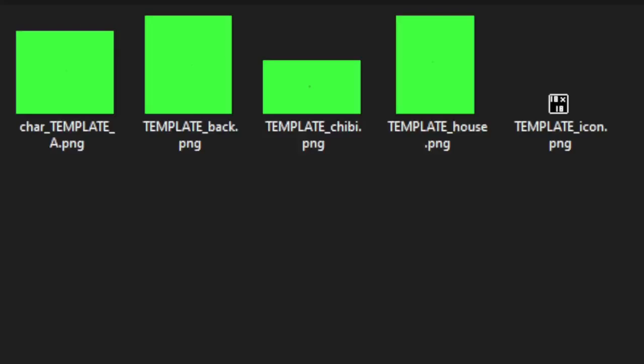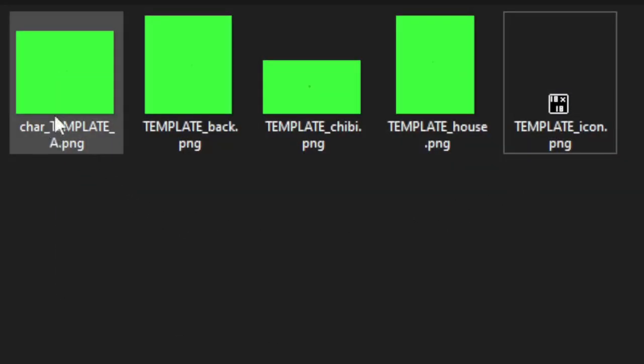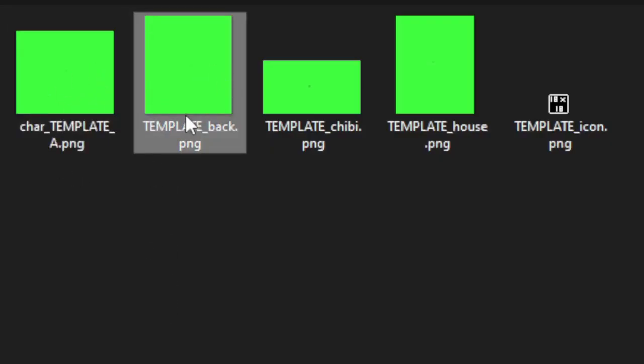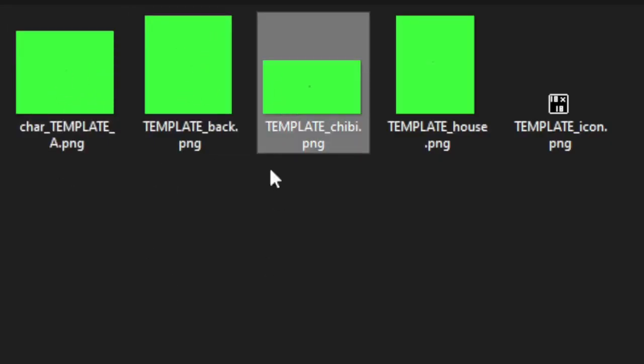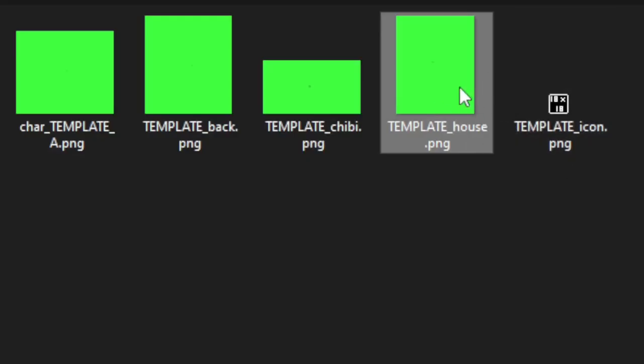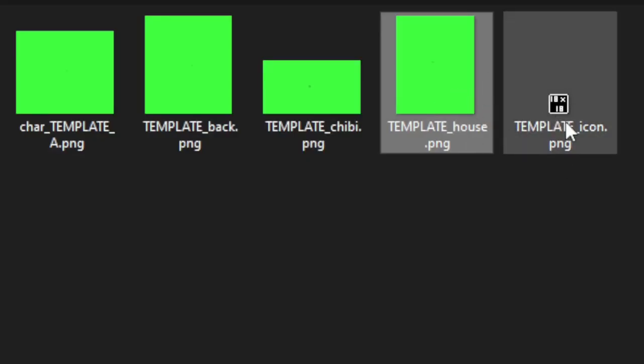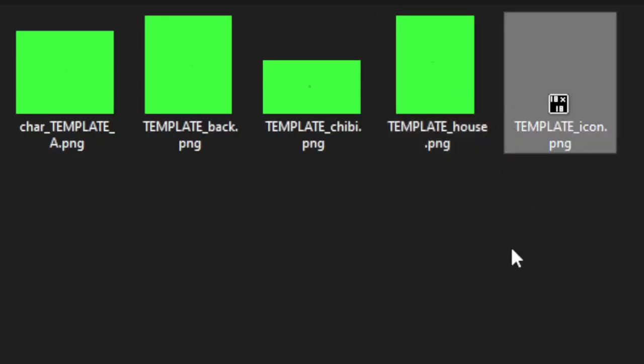So this is a character folder that I just made as a template. This is the bare minimum you need: the character in the UI, the back image of the character, the chibi character, the house, the character when they're in the house or on the character select screen, and then the icon of the character, of which I'll show you more in a moment